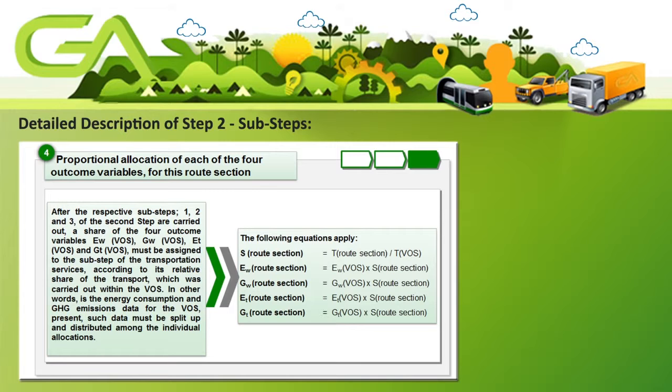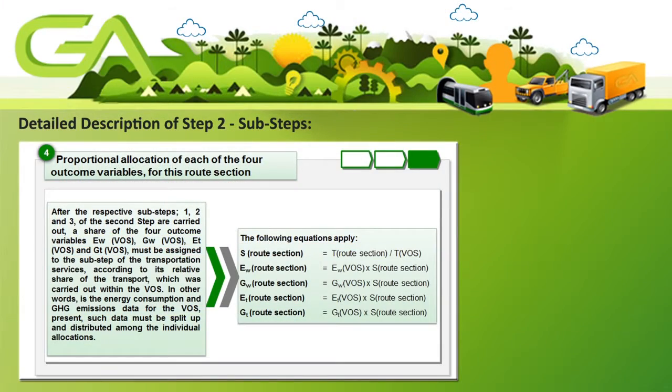The S factor of a partial route is similar to the T factor of the part of the journey, where you can also treat it as the transport activity of the VOS part of the journey. I'm going to talk about this equation a little later and add more details. The following is a second equation. The well-to-wheel energy consumption of a subsection balances the well-to-wheel VOS, or better, pronounced as transport activity, multiplied by the